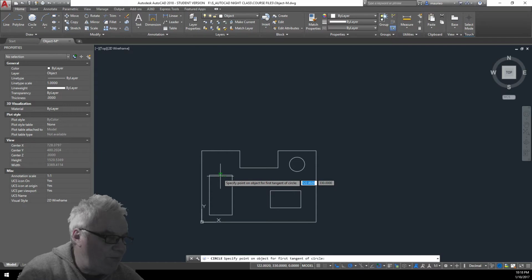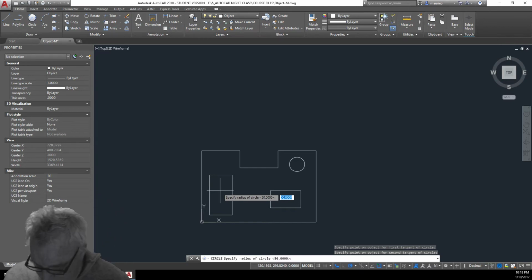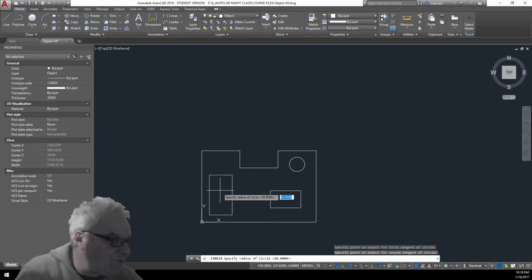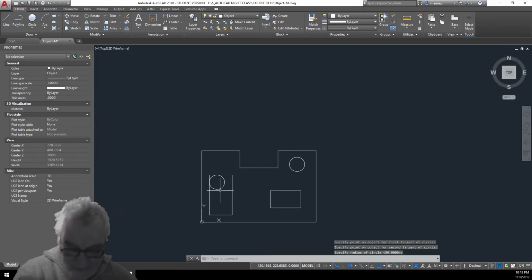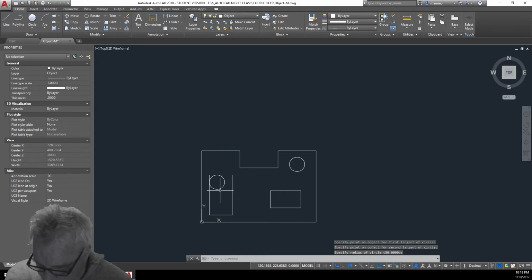Okay, the top one, so that's the top one, and that's the left one. Okay, and accept the default radius of 50. Yeah, it is 50 too. Okay, and that puts, oh,